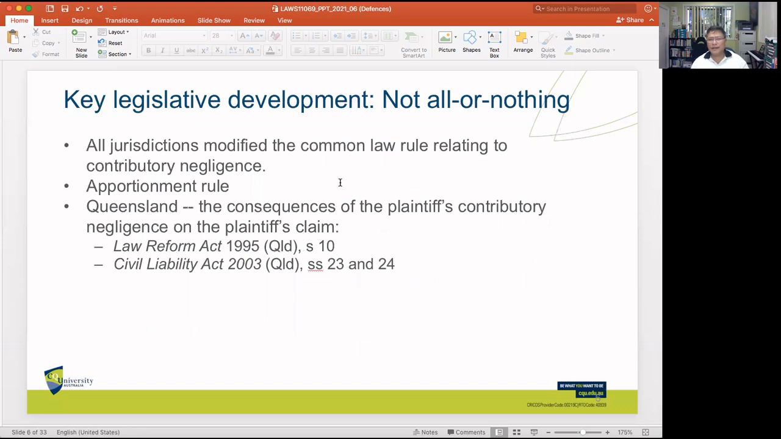Now, but again, in general, the common law rules in relation to contributory negligence and the issue about the last opportunity rule were considered to be a bit harsh. And as a result, the state parliaments decided to intervene. And one of the key legislative developments in relation to the all or nothing rule was that it had to be changed. So instead, the state parliaments decided that there should be a rule on apportionment. So in other words, a way of apportioning blame, or a way of